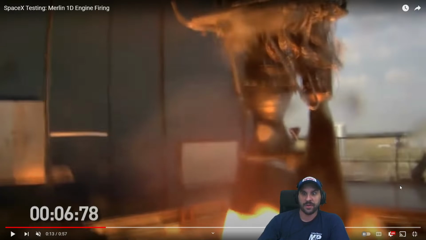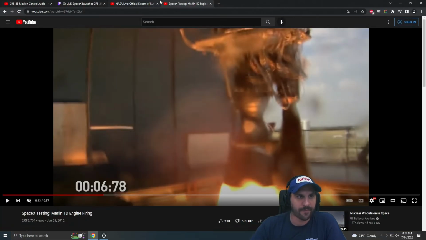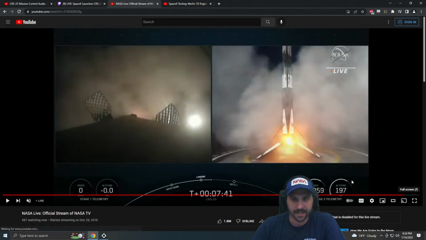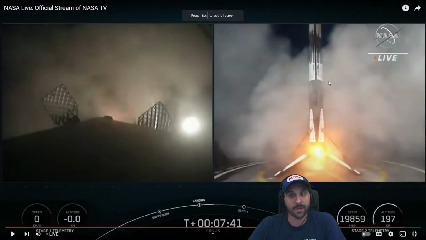So the soot that you see from Falcon 9 actually landing here is from the turbines. The turbine exhaust is getting pushed up out the side, and it sticks to things. Like I said, anybody that's ever worked on a diesel knows about the carbon soot. The carbon soot gets everywhere.